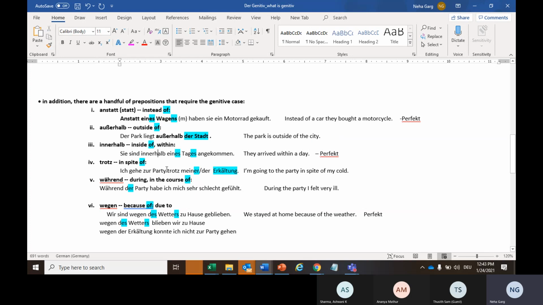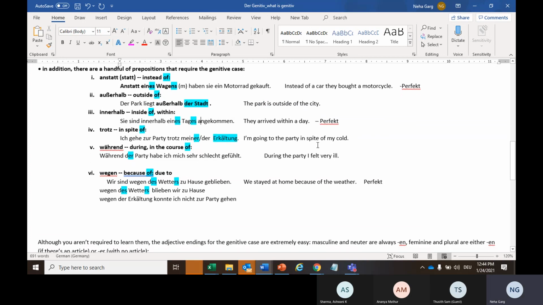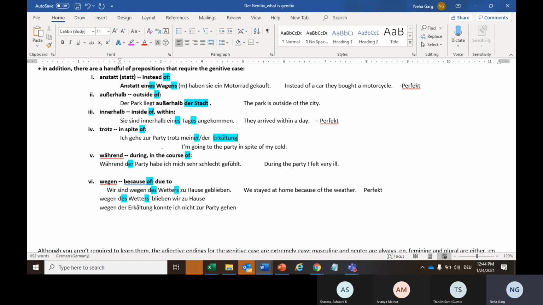So sie sind innerhalb eines Tages. Tag ist der Tag, also eines Tages angekommen. Dann wir haben trotz. Das ist in spite of. Ich gehe zur Party trotz meiner Erkältung. Erkältung, that means cold. Das ist die, so that will change to der. So either meiner Erkältung oder der Erkältung. So either you can write it this way,